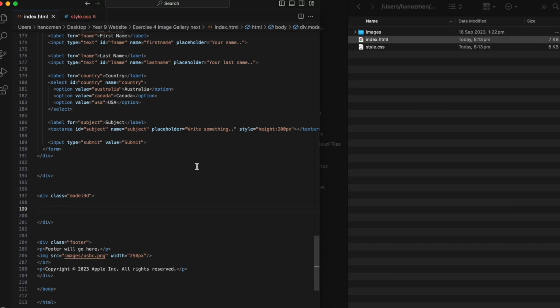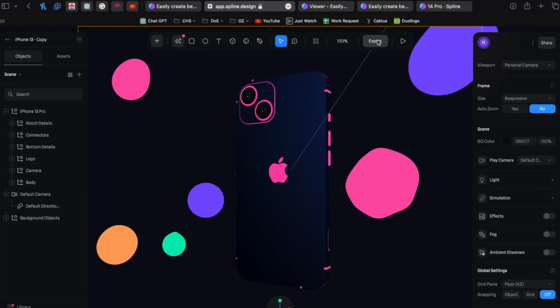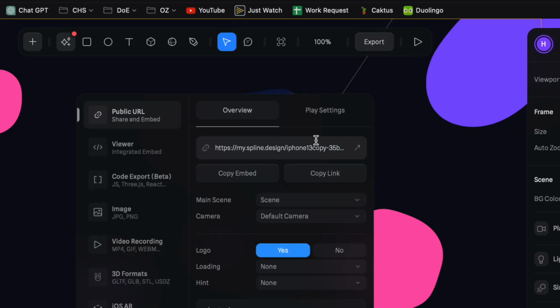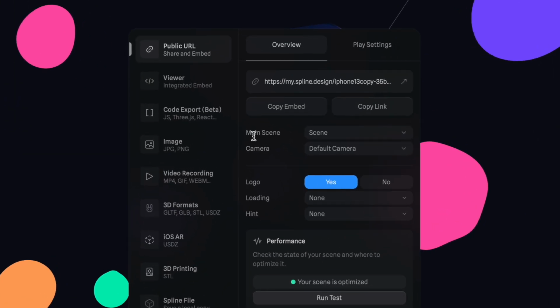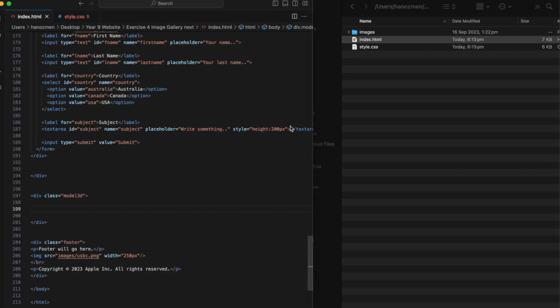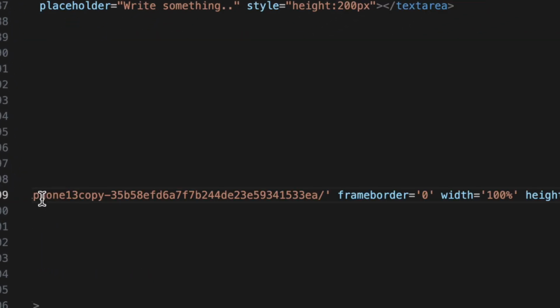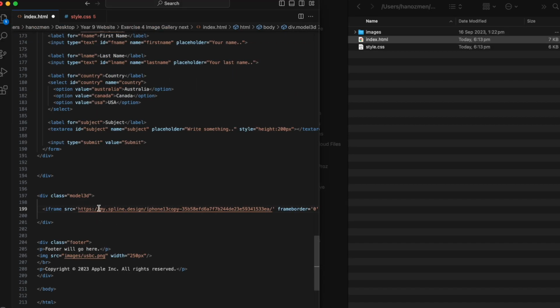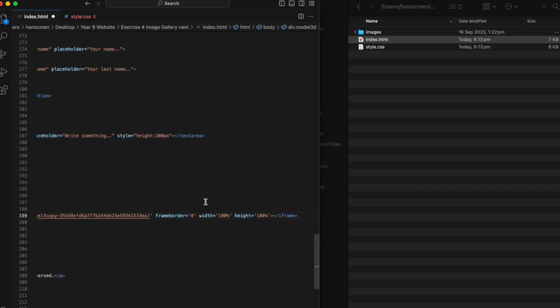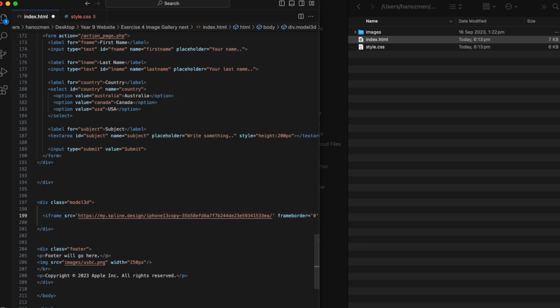Now I'm going to basically drop my iPhone Spline code straight inside this div. So let's go over to Spline. I'm going to hit the export button, and there are different ways we can export it. I'm just going to go with the public URL, and they've got an embed code ready to go. So I can just click on embed code, and we can go over here and paste that embed code straight in. And there it is. It's given an iframe with a URL, a little bit of settings here. And now I can save this,